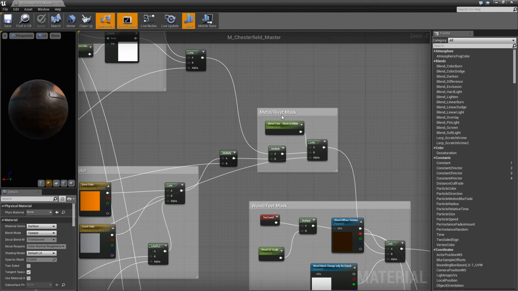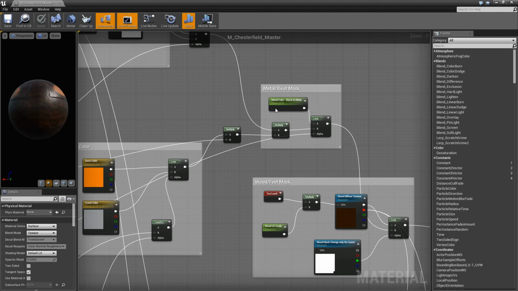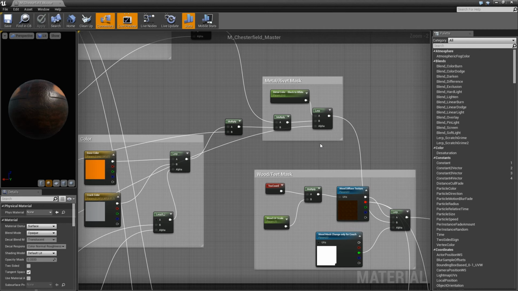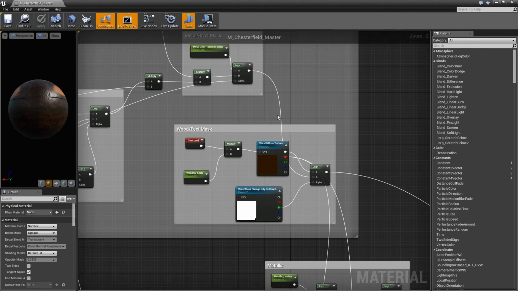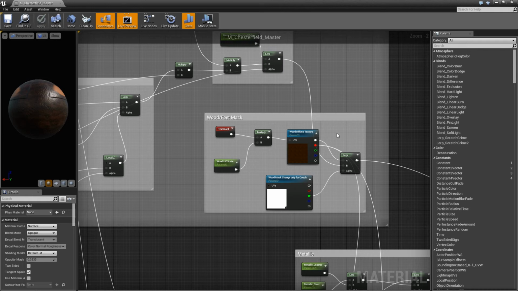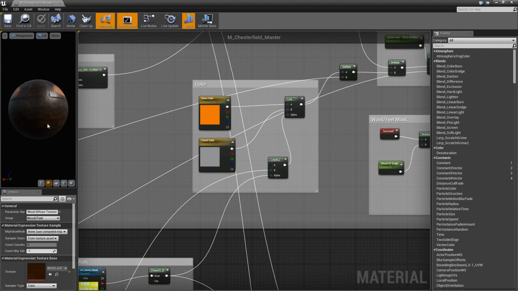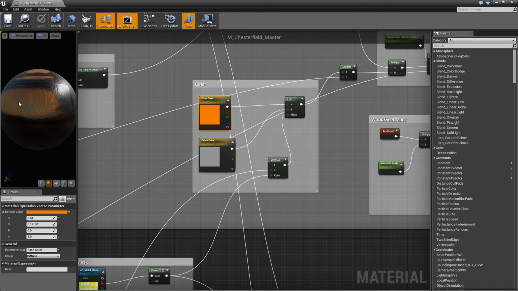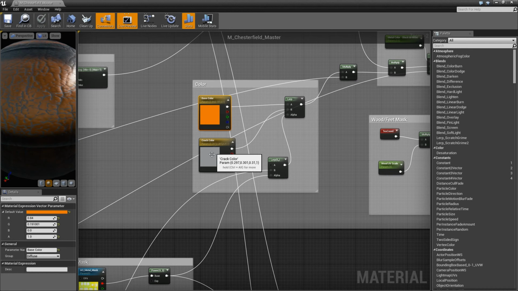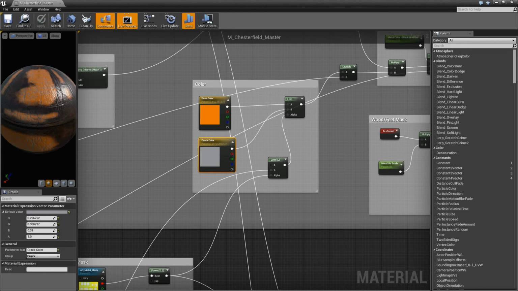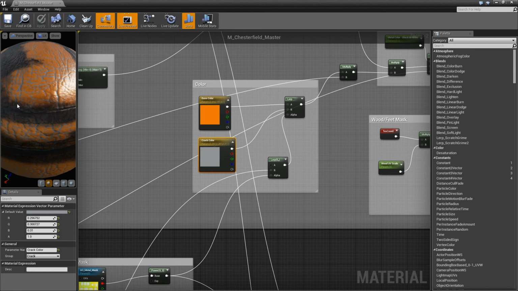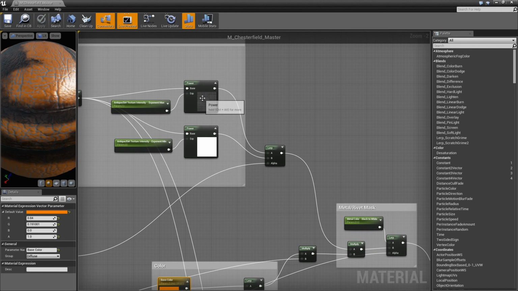Then you have the mask for the metallic color, so you don't have to change that, in my opinion. Here is a wood fit mask with the wood texture here. Here is the basic color. So you have the base color in orange here by default. You have the crack color in gray. And the brown color you see here is actually just the orange color multiplied by this texture.